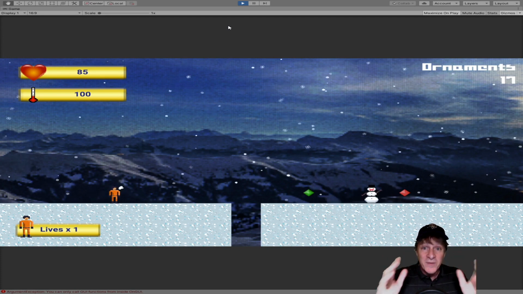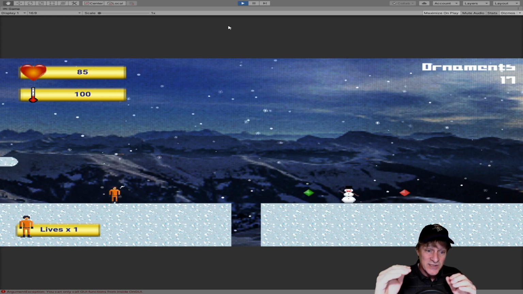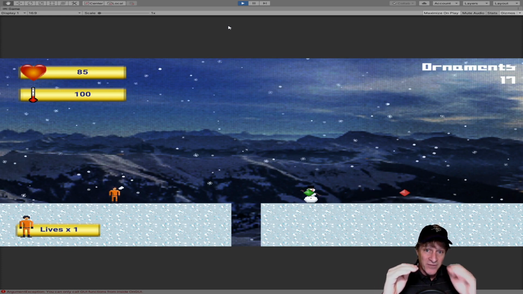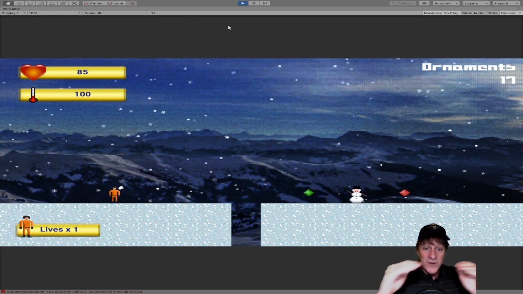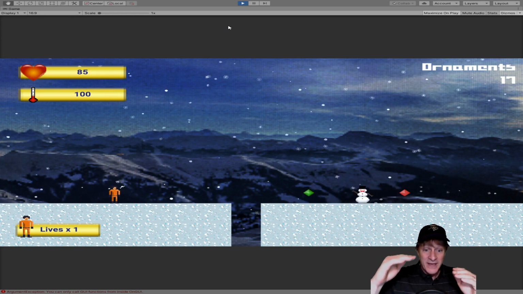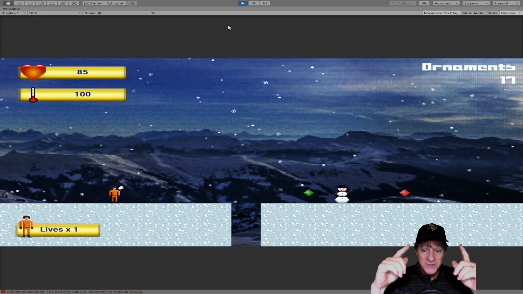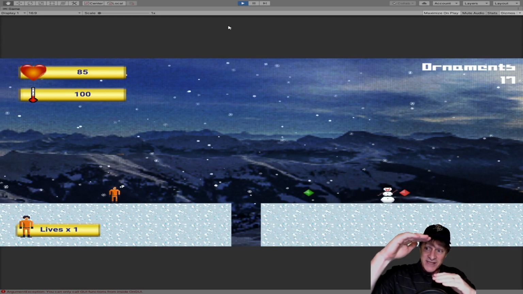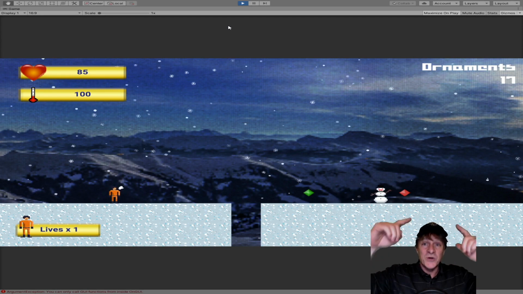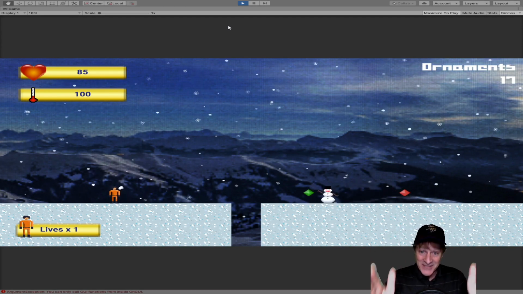So one of the immediate things I thought of was, okay, I can attach the snow systems and make them a child of the player so that they will always follow the player around at a set distance above him. And so I did that, but then the problem was when the player jumps, the snowfall stays that same distance away and the snow would go up. And that looked really crappy. So I was like, okay, that's not the solution.